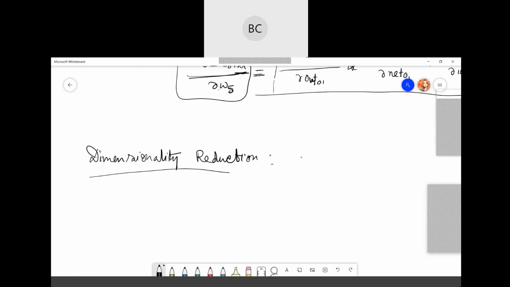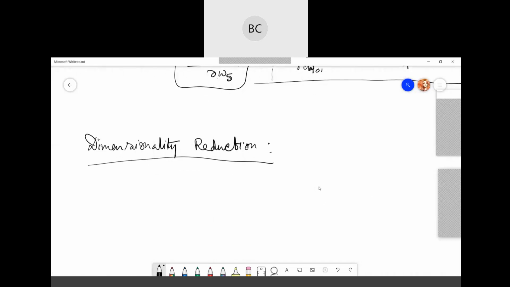Okay, does anyone have any idea about dimensionality reduction? Is it the same as the flattening of an image?